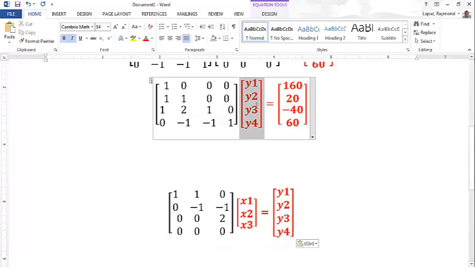Our first step is to solve for this, and because our matrix is already in a diagonal form, it should be easy to solve for, and they call this forward substitution, where we start with